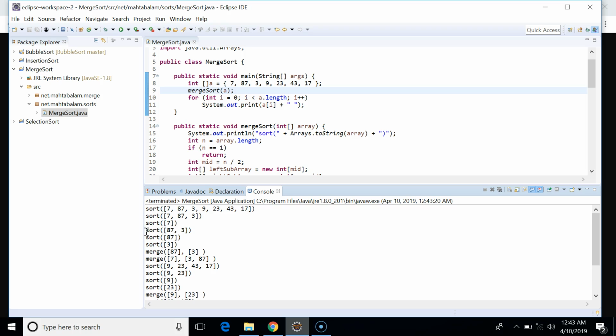Then we call merge sort with 87 and 3. It will be divided into two subarrays. So we will call merge sort with 87 and merge sort with 3. And then finally we will merge 87 and 3. So there is a merge call with 87 and 3. You can see